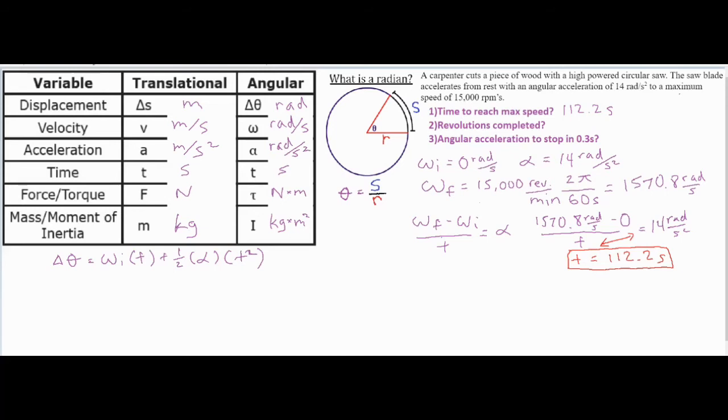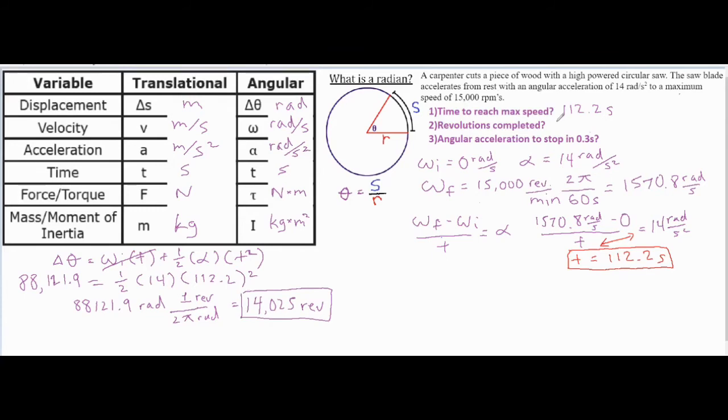So I know that my omega I is 0, so I can go ahead and cross that out because I know that value is going to be 0. So it's really just going to be 1/2 times my alpha times t squared. All right, so I'm going to go ahead and calculate that and then do one final step to convert that into revolutions. So I went ahead and multiplied by 1/2 times 14 times 112.2 squared, and I got